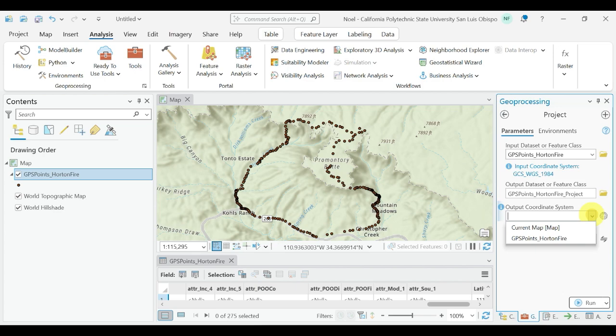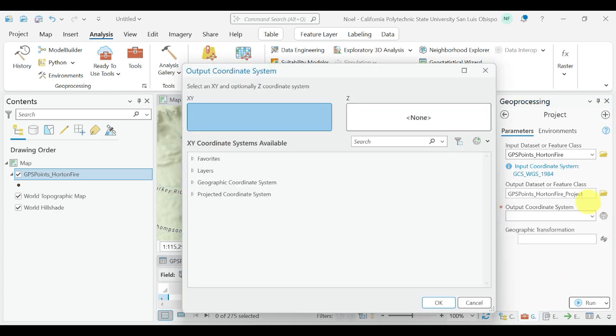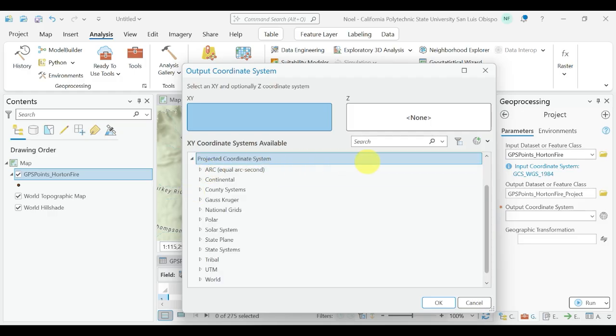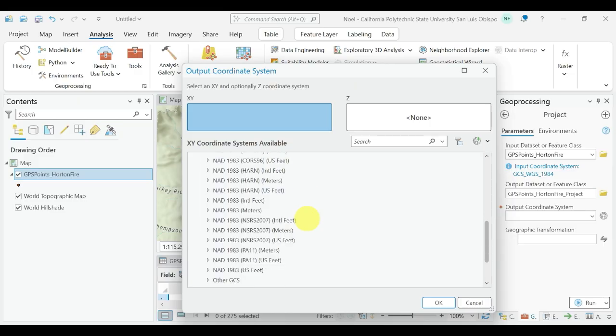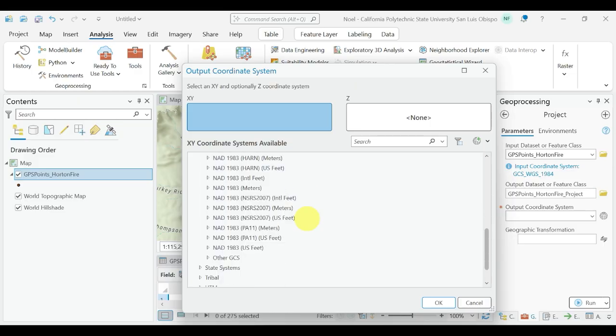And then for output coordinate system, we want to select this globe icon, and we're going to choose the projected coordinate system. So select the drop down. And like we learned in lecture, there are a ton of projections. We want to use what the agency requires, which is NAD 1983 state plane. So it's a state plane Arizona, whereas we typically use California for SLO data. Like when I worked at the city of SLO and now the county of SLO, we use state plane California. We're going to use